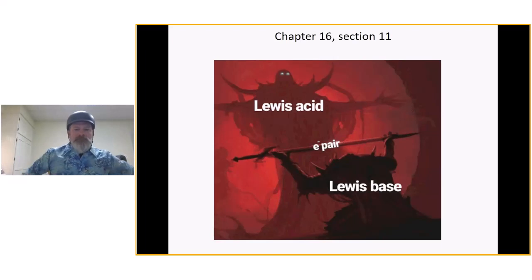Hi everybody. It's about to get dangerous, so we're wearing our helmet. Why is it getting dangerous? Because we're getting into Lewis acids and bases, and there's a lot of donation of electrons that go on in